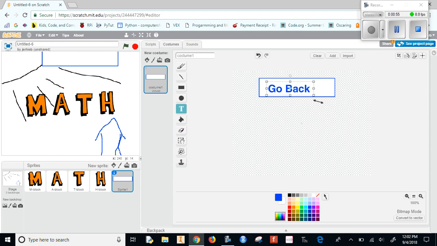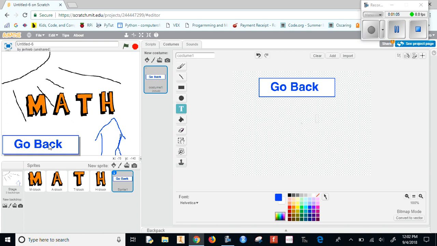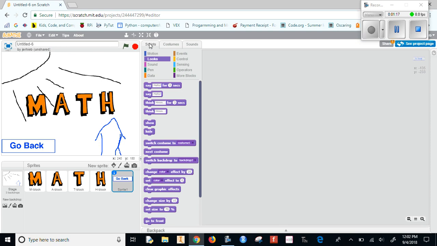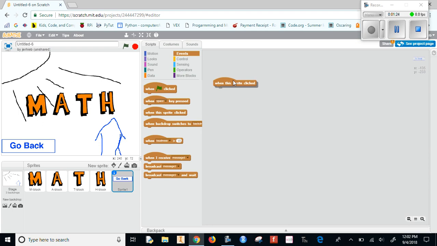And then I'm just going to make that a little bit bigger. There we go. And then I'm going to move it to the place where I'd like it. Let's move it down there, and I don't need it that big. That's fine. So now on this, whenever I click on the go back button, so when this sprite is clicked,